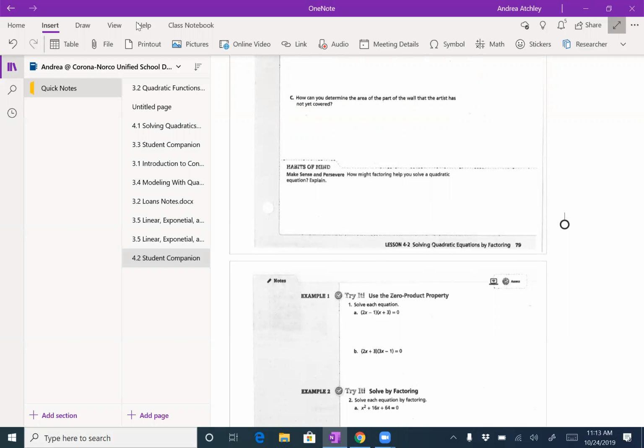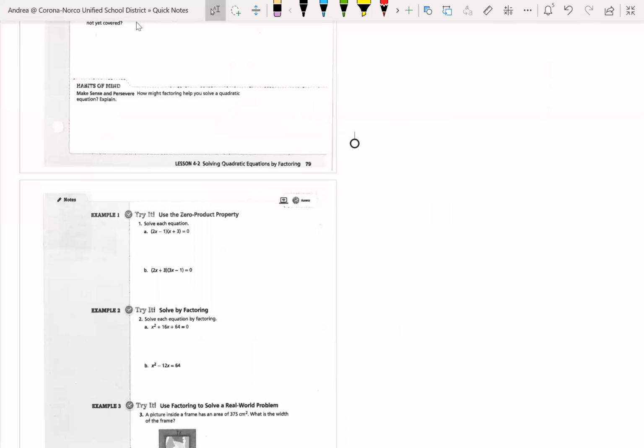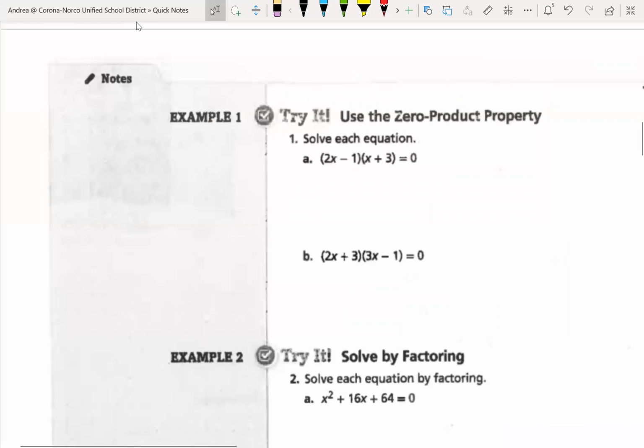But sometimes when we graph, it's kind of hard, okay? When we're graphing, you can't always see like a fraction or a decimal, okay? So graphing isn't always the best way to solve a quadratic. So we're going to show you how to do it by factoring. There's going to be multiple ways we learn how to solve, okay? So just to review,